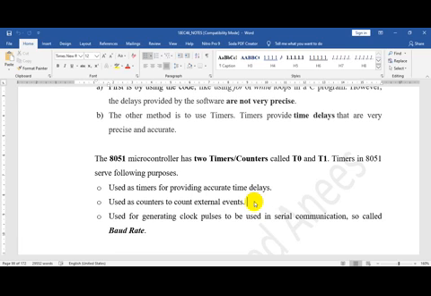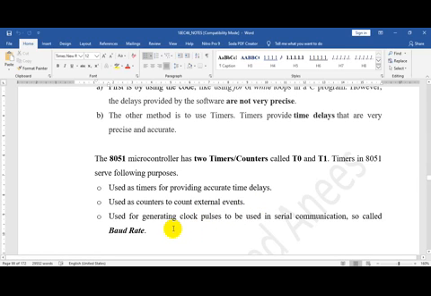So when timers are used as counters, they are used to count external events. It is one of the very powerful applications of timers. For further studying, you can refer to 8051 microcontroller by Muhammad Ali Mazidi. It's good if you study this part also.